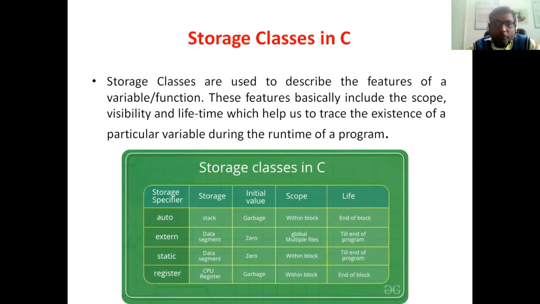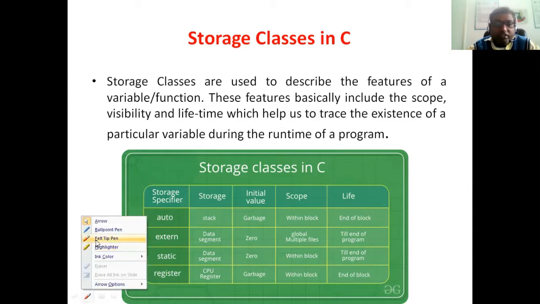If we are talking about storage classes, before that we have already covered variables. A variable is nothing but a container which stores a value, or a variable is nothing but a name given to a memory location which stores some value under that particular name. So there are four different types of storage classes which are provided by C programming.